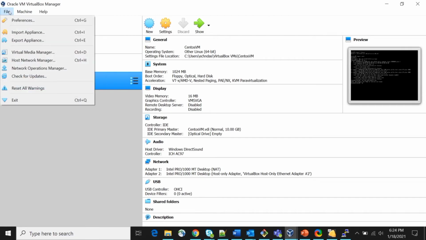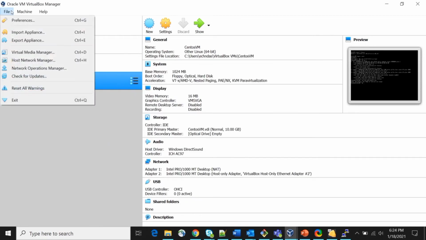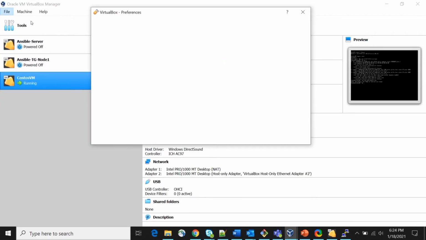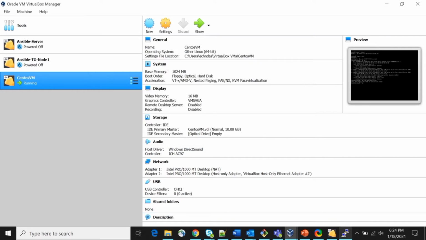Go to the File option and Host Network Manager. No, not this option. File option and Preferences. In Preferences, the Network option is there. So here also NAT and NAT network are selected, right? So no need to worry.